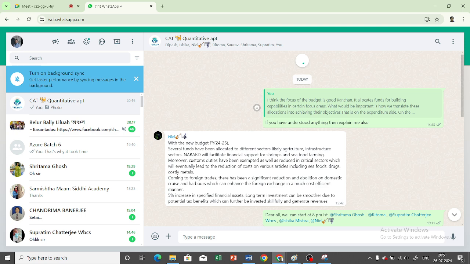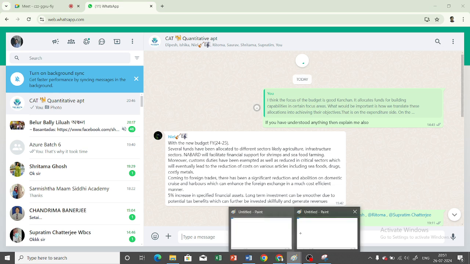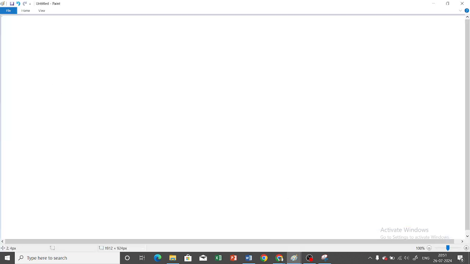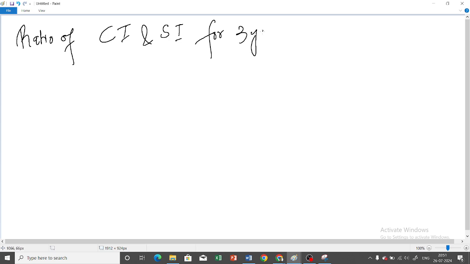I think that was the shortcut, right, Ishika? Can you please check once? I'm writing that once again. Sir, right. Ratio of CI and SI for 3 years and 2 years. That means what? CI